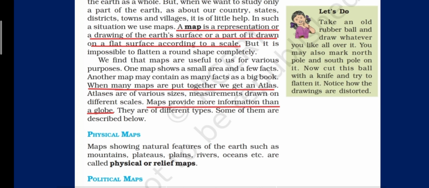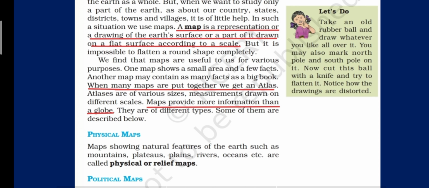So an atlas is many maps put together in a book, or many maps combined to form a book is known as an atlas. Atlases come in different sizes, and some of them are drawn to different scales also. So we can say that a map gives us more information in comparison to a globe.